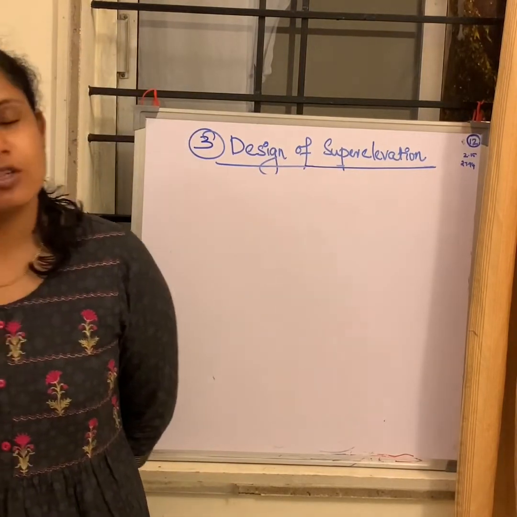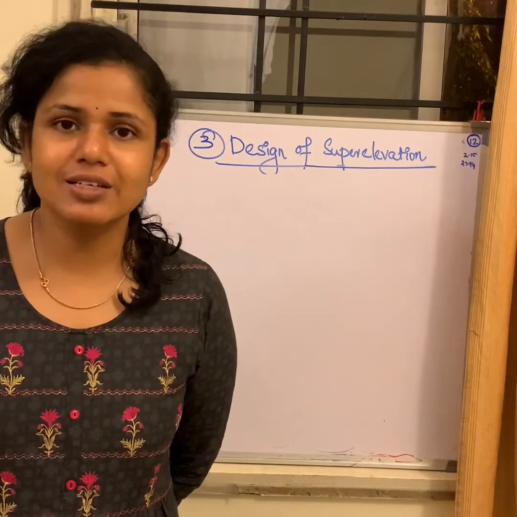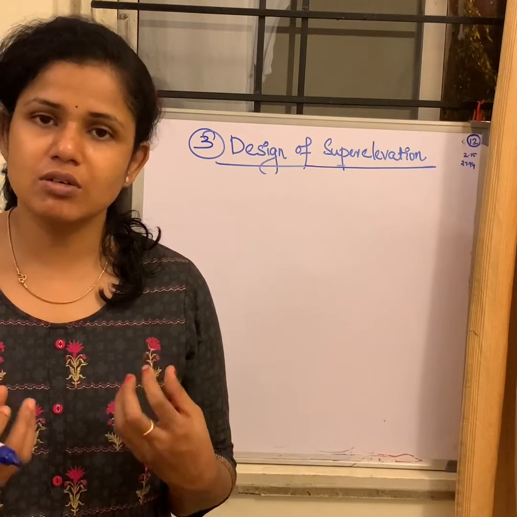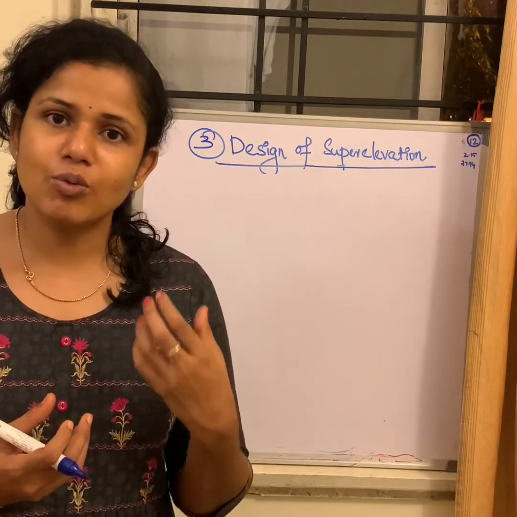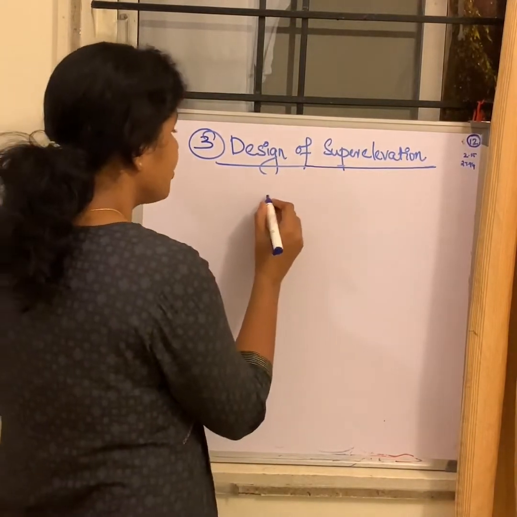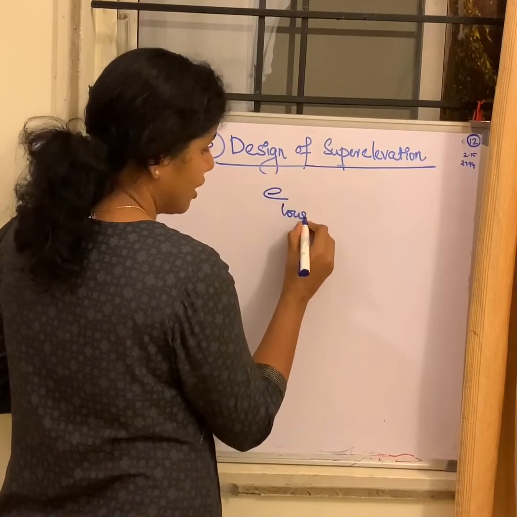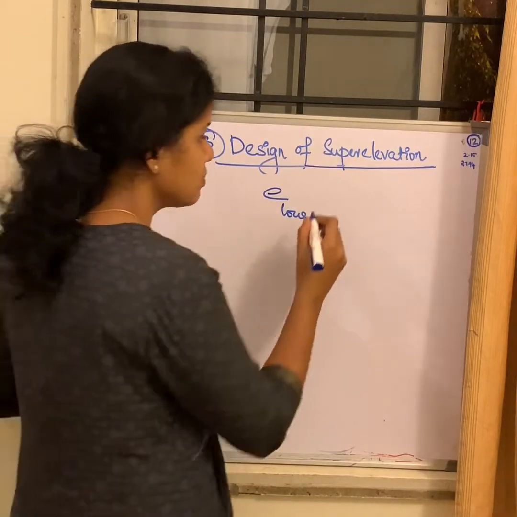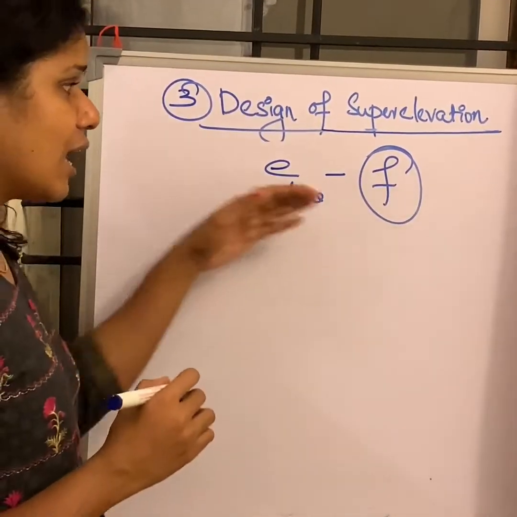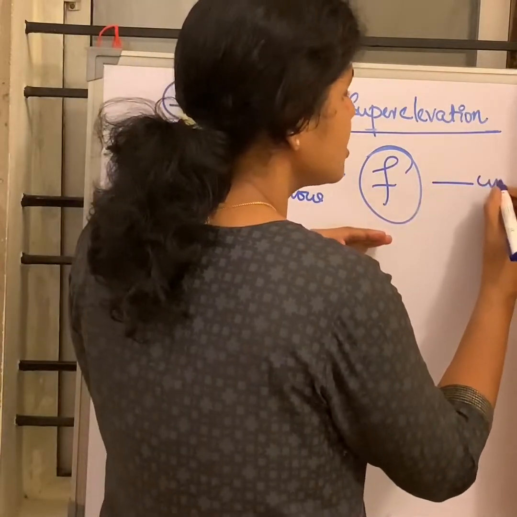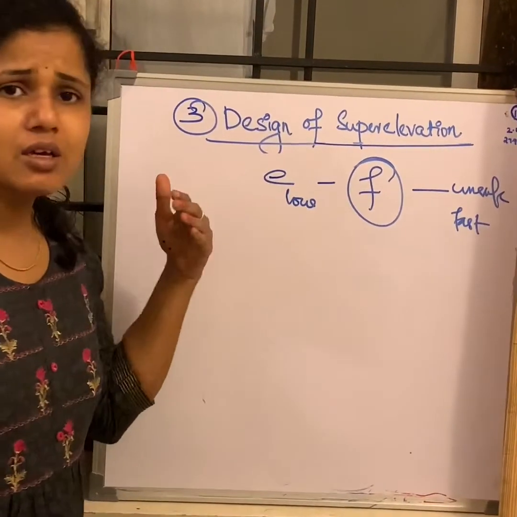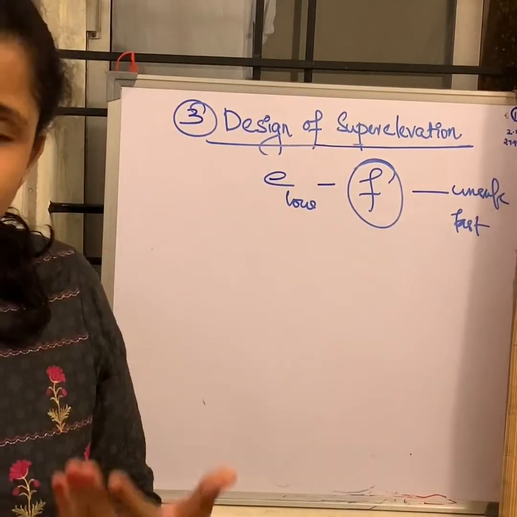Designing the super elevation is quite complex because we know that vehicles are moving at different speeds. So considering these fast moving and slow moving vehicles, how do we arrive at the required super elevation? That is what the design process is about. Now, if I provide a very low E value, lesser super elevation, it's completely going to depend on the lateral friction. In that case it will create an unsafe position for the fast moving vehicle. Vice versa, if you consider slow moving vehicles, taking a high super elevation value.